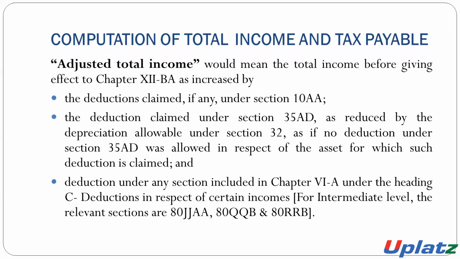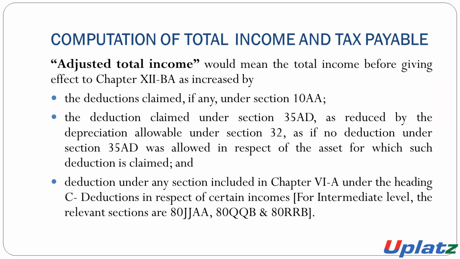Adjusted total income. What is the meaning of adjusted total income? The adjusted total income means the total income before giving the effect of Chapter 12BA. That means the total income of the assessee will be increased by, number one, any deduction which is claimed under section